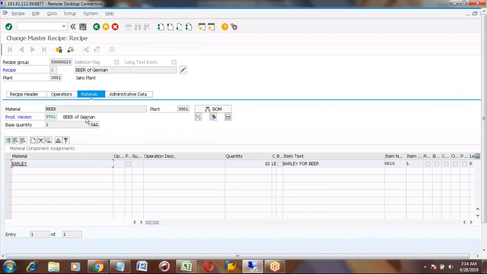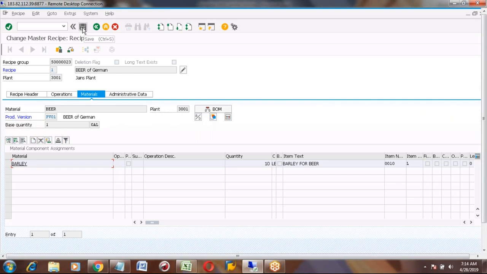Once you enter the production version details, to ask you a question, is the production version always 1, or can we have production version 2, 3, 4 later? Yeah, I will tell you now. Is it clear? Awesome. Creation of production version. Am I correct? Yes. Now, this is from the